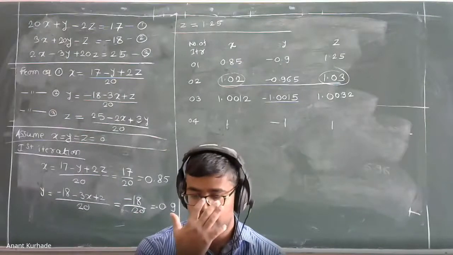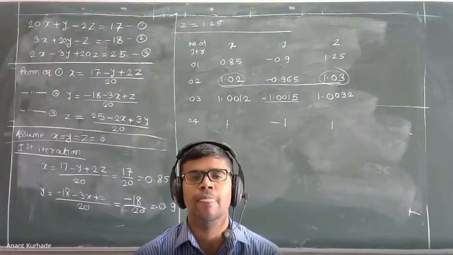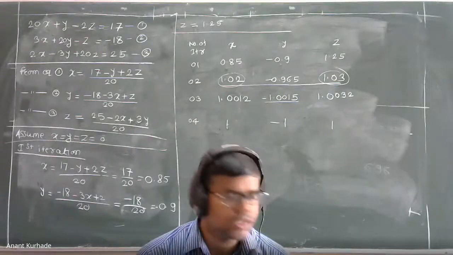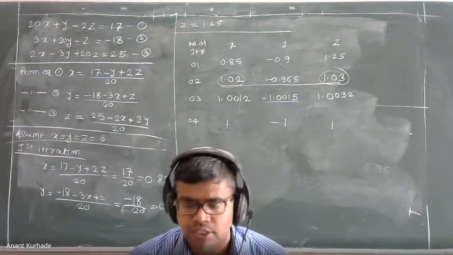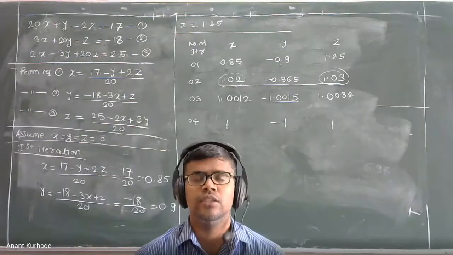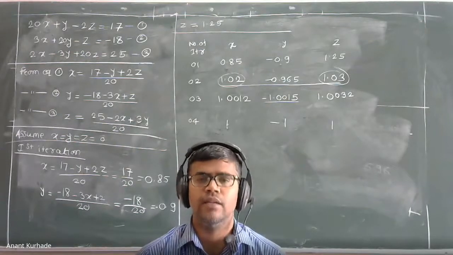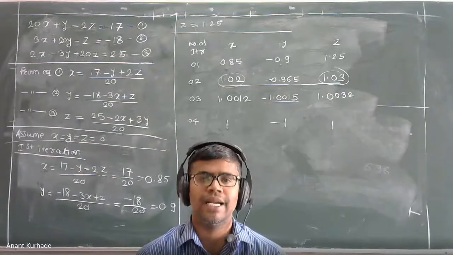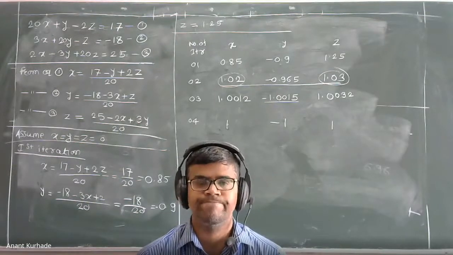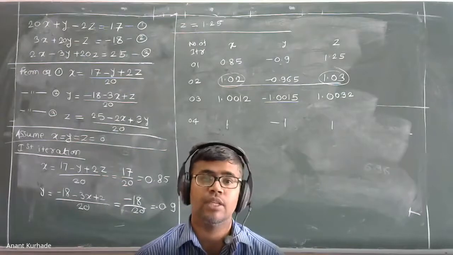Now tell me, anyone, please tell me the name of all four methods. The first one we have studied, which method? Gauss elimination method. So I will ask you basic questions from all these four methods. We have studied Gauss elimination, Thomas algorithm, Gauss-Seidel method, and Jacobi iteration method. So in practicals, we have first the Gauss elimination method. It is for 30 marks.